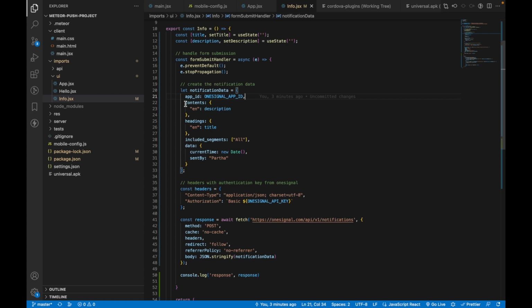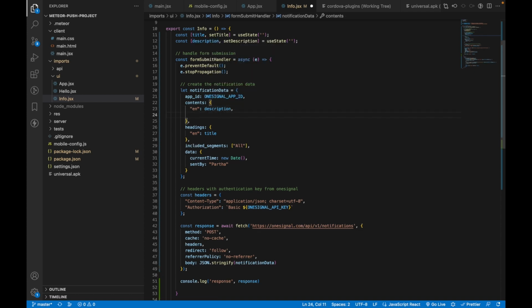Second thing is contents. Contents is basically the body or the description that you'll be sending. This format is a bit different. You cannot directly access this description, rather you have to put it inside a localized key. So here en, so the English description is there. OneSignal supports internationalization, so in any kind of language you can send a number of messages. For example, if the person using the smartphone has a different language activated, Dutch or French, then you can just specify the French